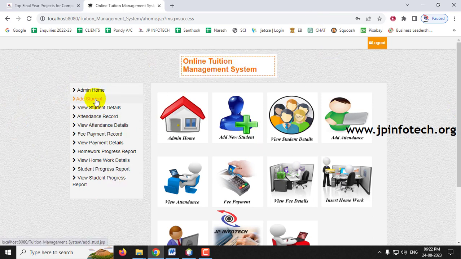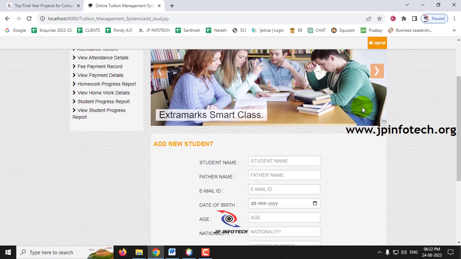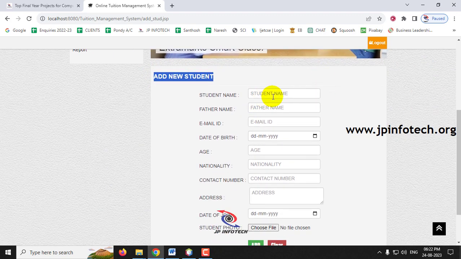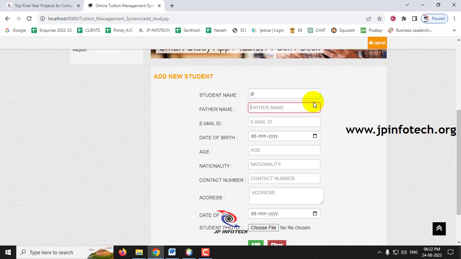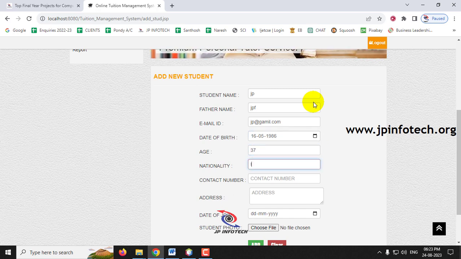So the first thing is adding a student. Just click the add student part. Once after clicking add student, it will navigate to the add new student page, where you need to enter the details of the student. For example, I am giving the student name as JP, father name as JPF, and email ID as jp@gmail.com, date of birth 16/5/1986, age as 37, nationality as Indian, contact number as my contact number,